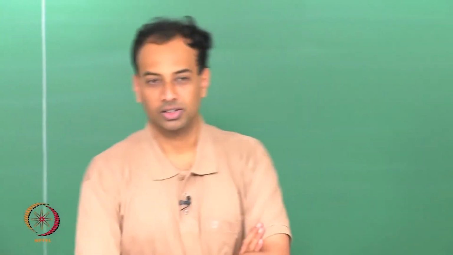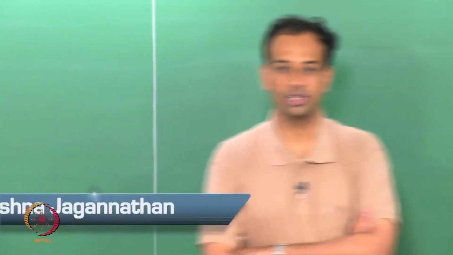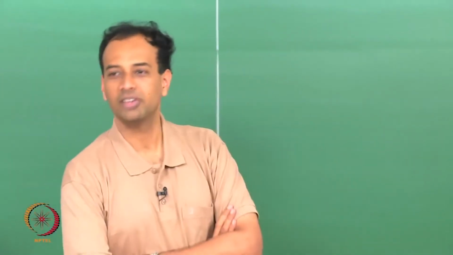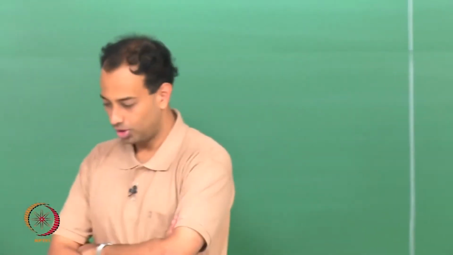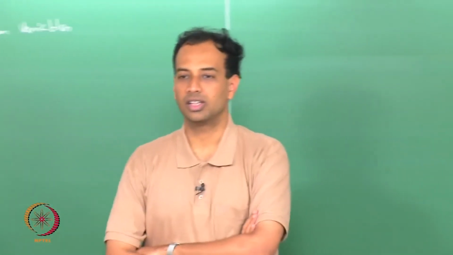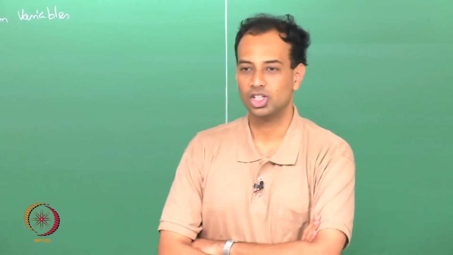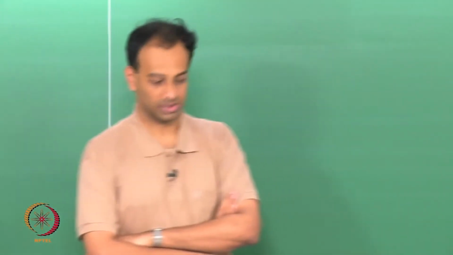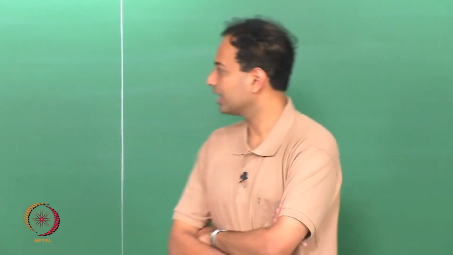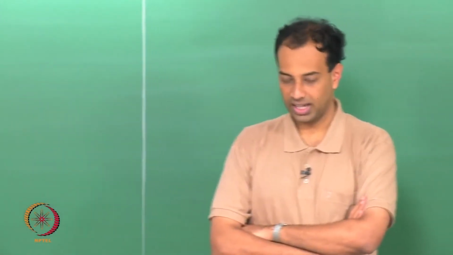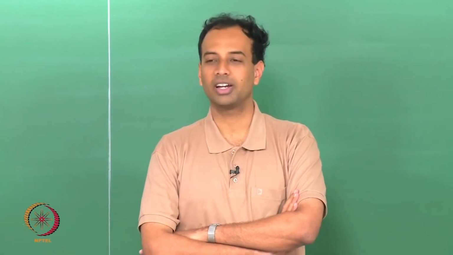Welcome back. Today we will discuss the sum of a random number of random variables. So far, in the last lecture, we studied the sum of random variables. Given two random variables X and Y, or n random variables X1 through Xn, we know how to derive the CDF of X1 plus X2 and so on till Xn, given the joint CDF of these random variables. Today, in the beginning, we will discuss the case when the number of random variables you are summing is also a random variable.